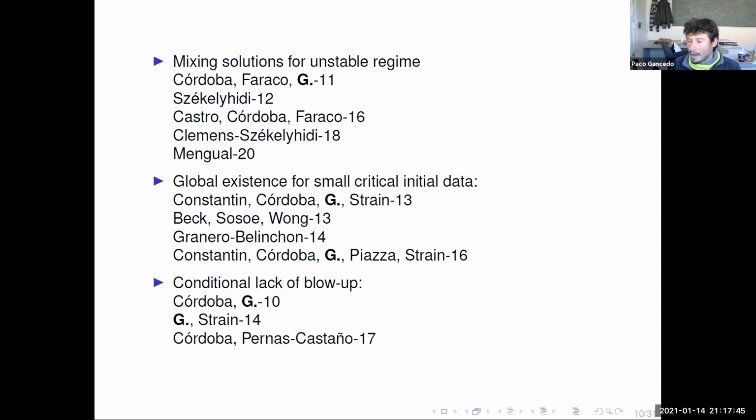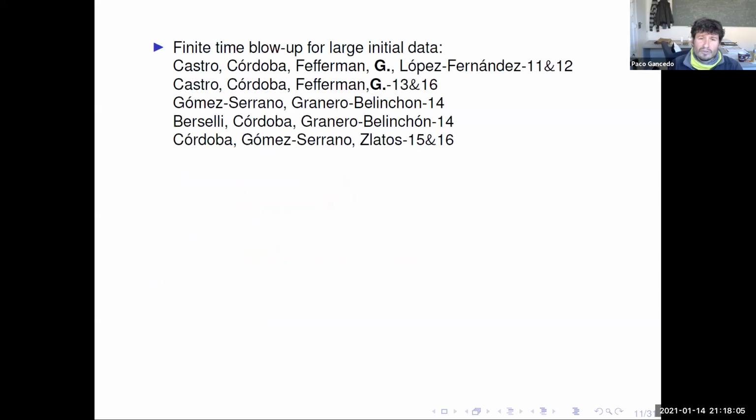Also, there are conditional blow-up results. There are interesting situations when you see the particles about to collapse, and in this setting it is possible to have some conditional lack of blow-up with very light assumptions on regularity. Also, a very interesting feature in fluid mechanics is that for this incompressible setting, I'm talking all the time about finite energy. At infinity there is nothing going on. So it is possible to have blow-up.